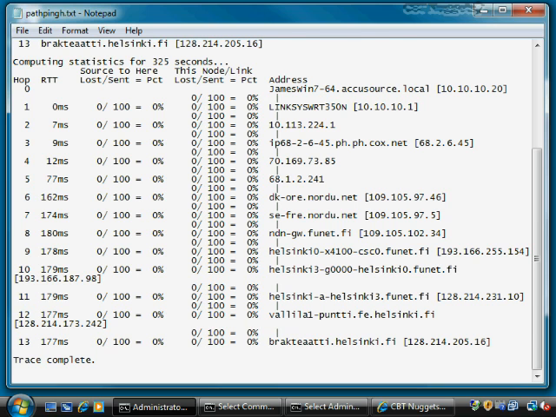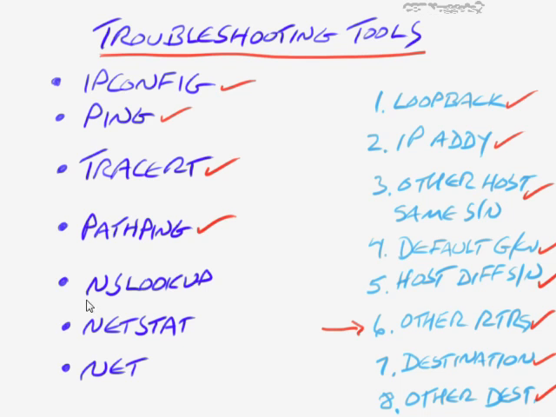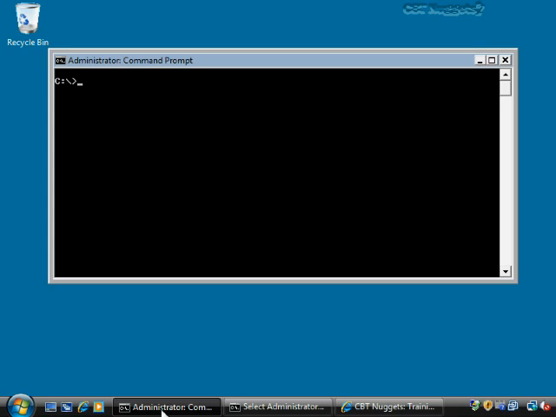Okay, and again, this just gives you a little bit better data in terms of the overall source to destination success. Next, let's take a look at nslookup, which is name server lookup. What this does is it helps to resolve problems with DNS name resolution. So for example here, if I was having trouble getting to www.cbtnuggets.com, I might want to find out what my name server was telling me in terms of what its IP address was. So I could type nslookup